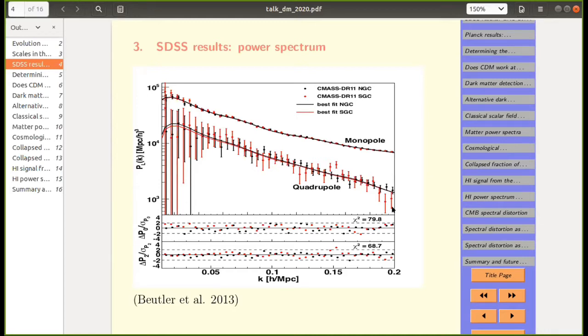One important thing about this plot is the scales shown. The largest scale shown is around 0.04 on the left side of the figure, and the smallest scale corresponds to K of around 0.2. That is important for us. Roughly this scale, K equal to 0.1 or K equal to 0.2, it is a matter of opinion, is where density perturbations become nonlinear at present. Beyond this scale, we cannot connect this kind of data to theory based on perturbation theory in the early universe, and that is what we actually try to do.